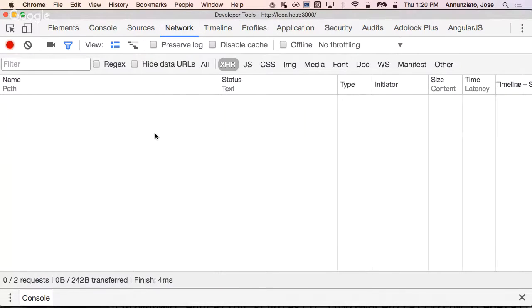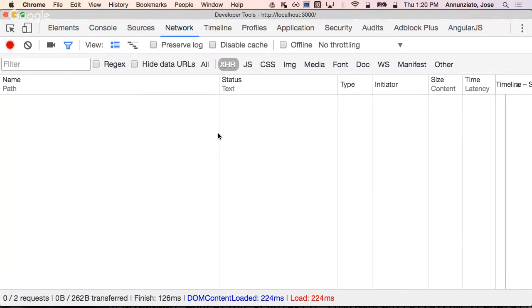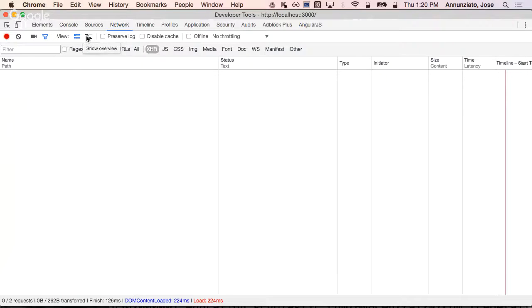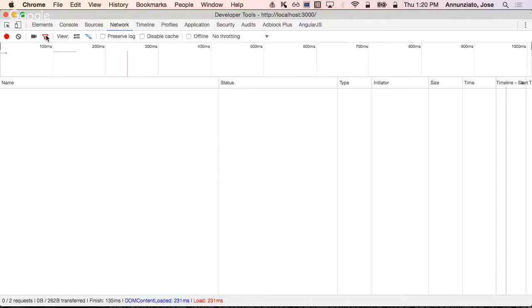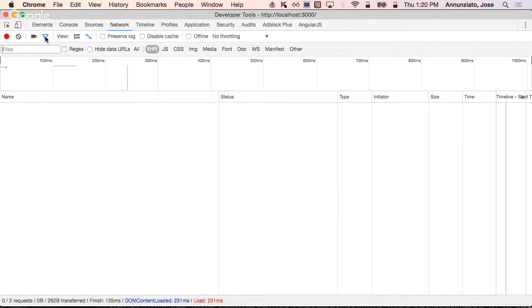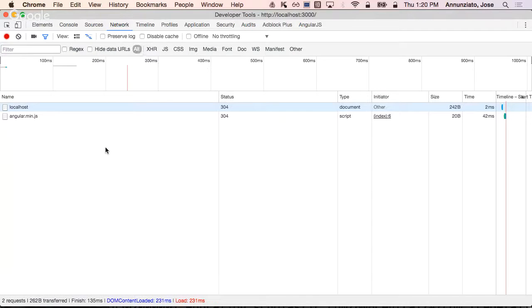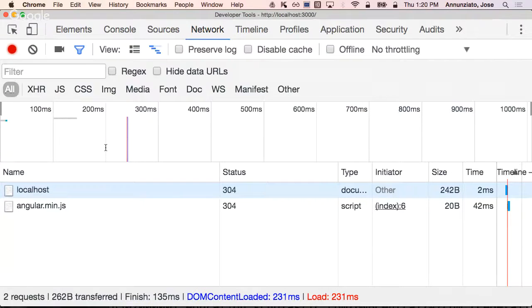Network, if I refresh it, why is it not showing? What's going on? I don't know what's not showing it. Oh, do I have a filter on? Oh, thank you, yes. So this shows all the various things that were downloaded